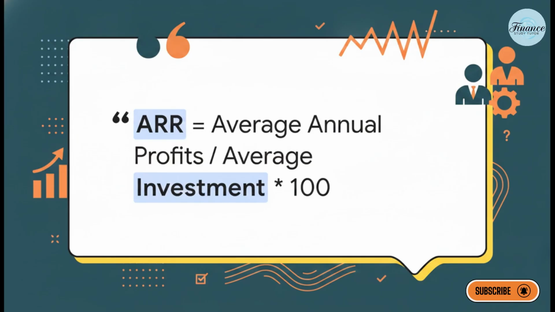Our second basic tool is ARR, or the accounting rate of return. Now, CIMA has a preferred formula for this, which is average annual profits divided by average investment, multiplied by 100 to get a nice percentage. This gives you a really easy-to-compare relative measure. But here's the catch. It relies entirely on subjective accounting profits, numbers that include non-cash items like depreciation, rather than